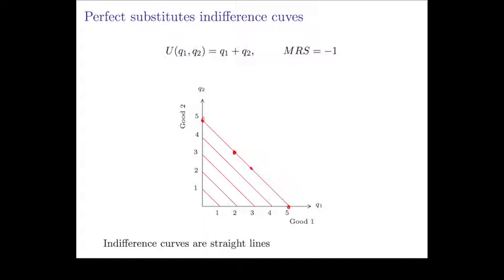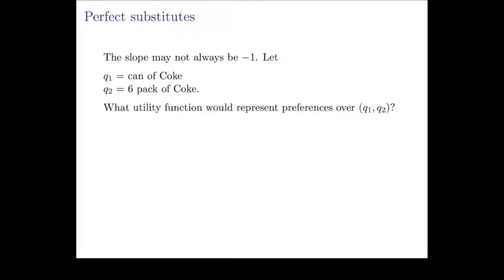And what's the slope of that line? It's -1. And that's indeed your marginal rate of substitution. And that's true for any number of cans that you get to drink. Now, we'd still use the term perfect substitutes even if you didn't have the slope -1. So let's suppose you had cans of Coke for good 1 on the horizontal axis, and on the vertical axis you had 6